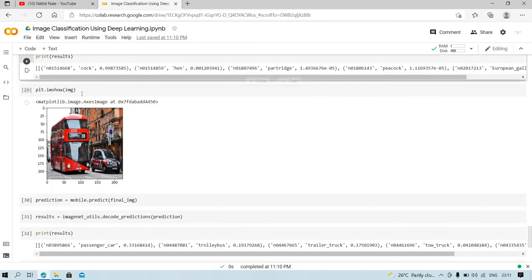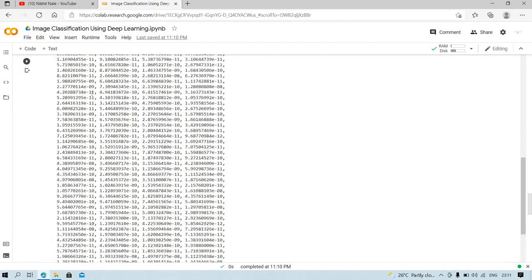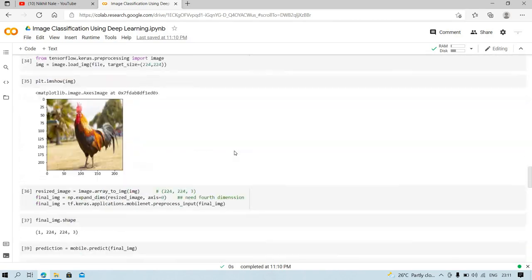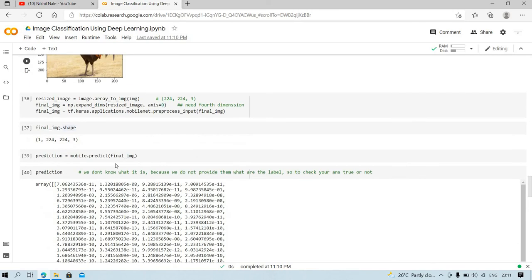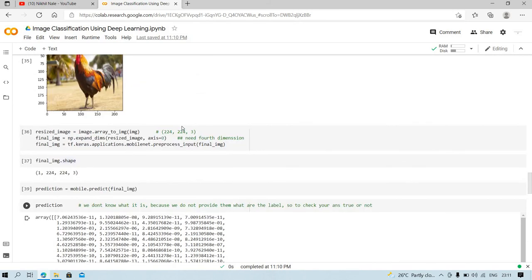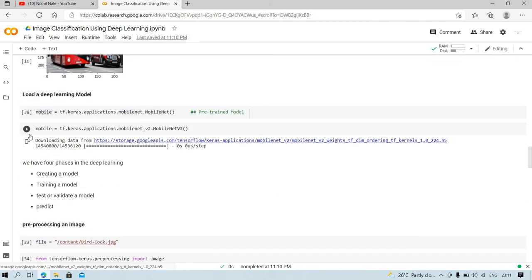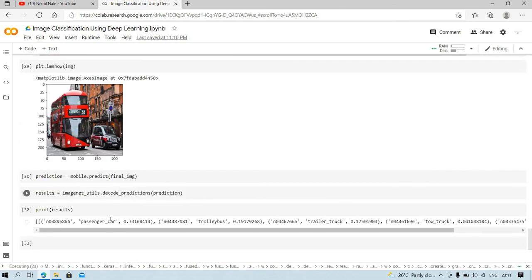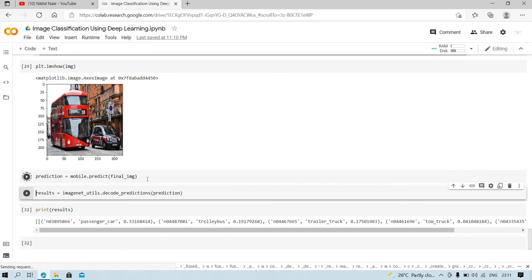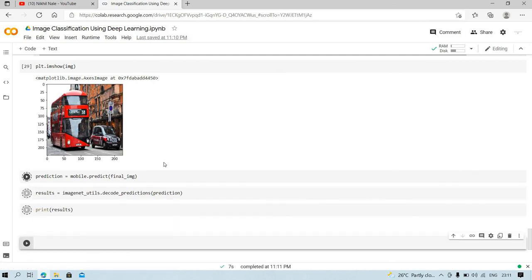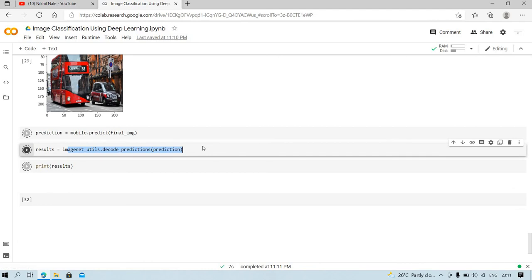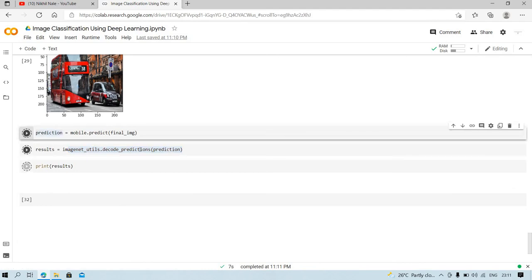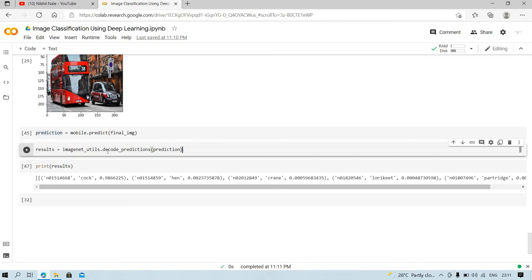After that, I will again load the MobileNet model with version 2 and store it in the variable mobile, and you will see the prediction here.